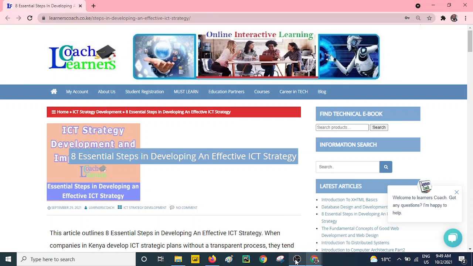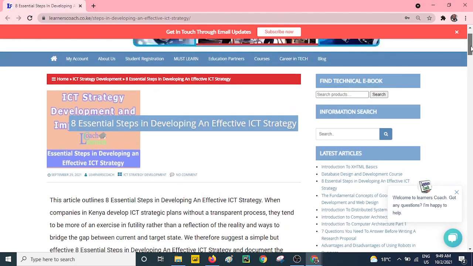We are going to look at the 8 essential steps in developing an effective ICT strategy. So what are some of these particular steps that are very essential for you to come up with an effective